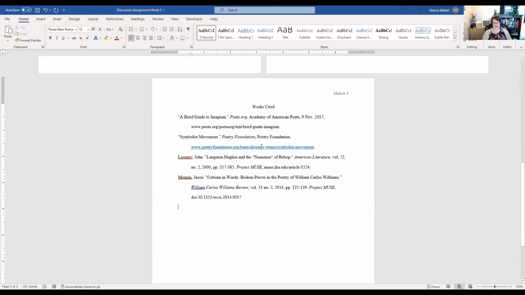So we have 1, 2, 3, 4. But see here, this hyperlink has been enabled. So I want to disable that. For some reason, MLA does not want your hyperlinks to function in your works cited page. I know it seems counterintuitive, but there you go. So I can do that by right clicking. I have to highlight it first. Right clicking